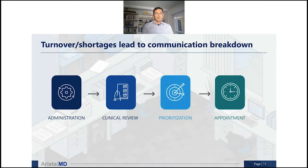So what can we do through the process? How can we find solutions that will help? How can you improve your operations and address the burden and the strains and the stress that's on your referral coordination team and get these patients in to see your specialists? Well,